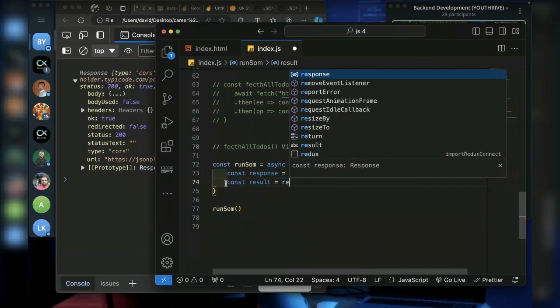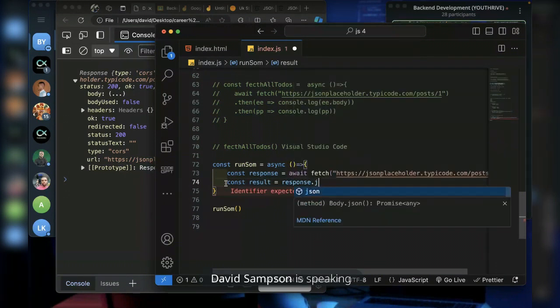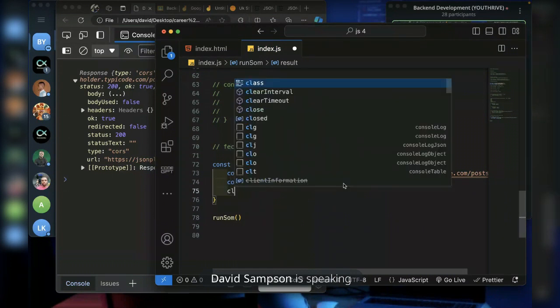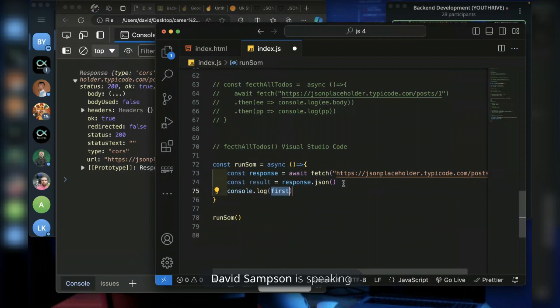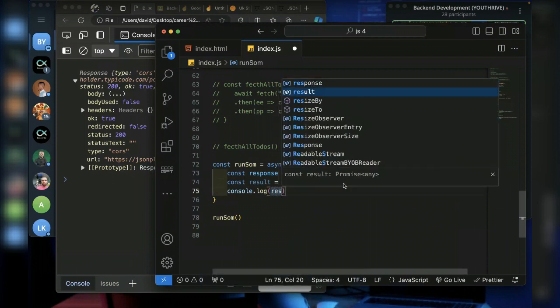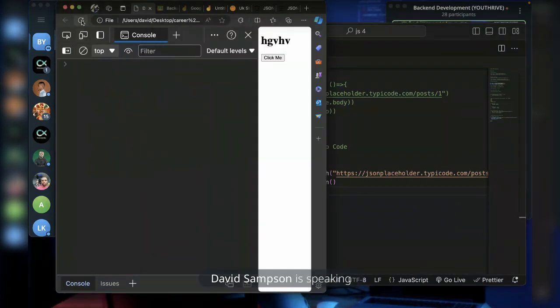And I'll say the result should be response.json, which is like converting it from what was returned to what we can use. Console log, and what's the name now? Results. Save it. Let's see if we are getting it back.